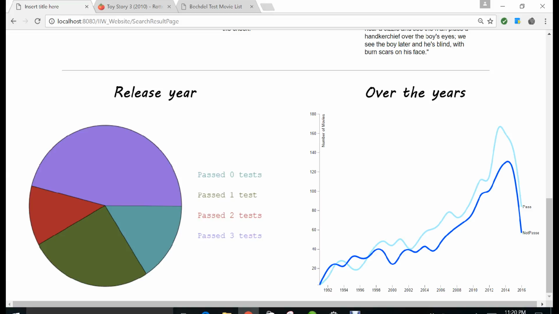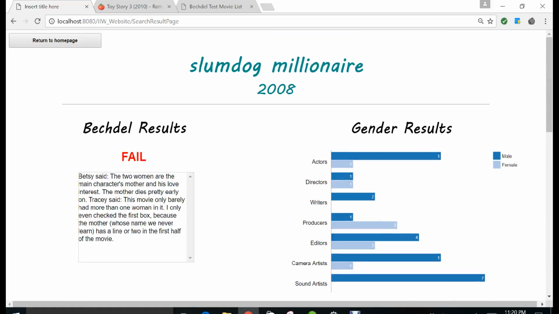Moving towards the right side, we tell you about all the trends over the years right from the beginning in 1990 till 2016. We see that in the beginning there are very few movies made giving a mix of fail and passing results for the Bigdil test. But in the current years, especially after 2002, not only has the number of movies made increased, but we have also improved the results of the Bigdil test, depicting less male domination in the movies now, which is a great achievement for Hollywood. This completes the first functionality of our project.